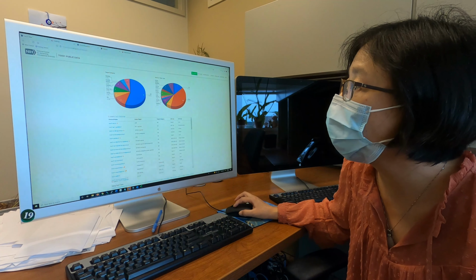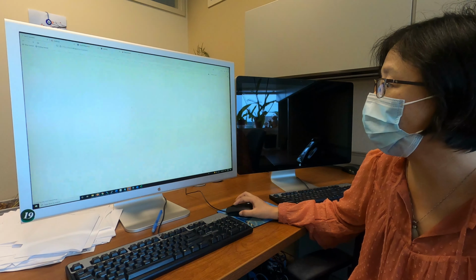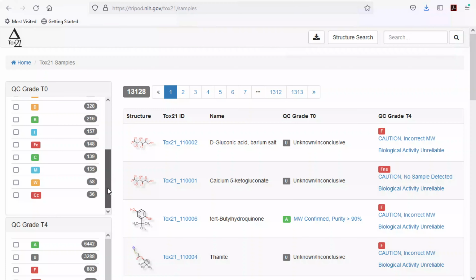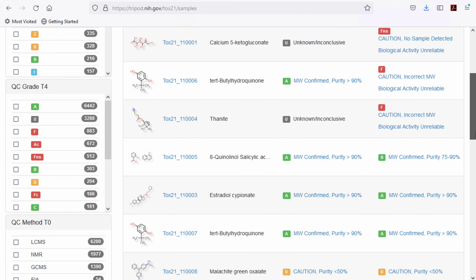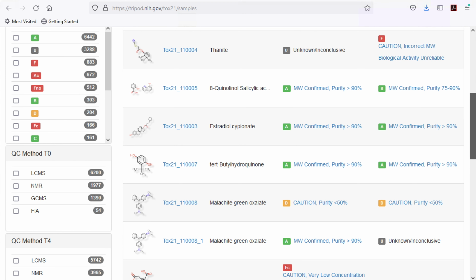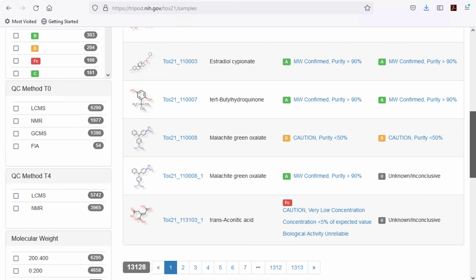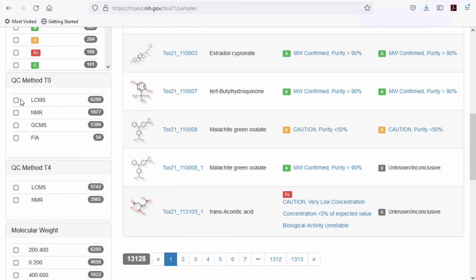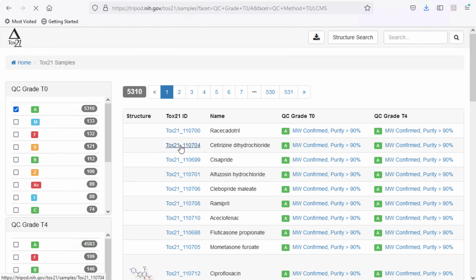We also have, go back here, a Tox21 compound library page. Here we have all the compound structures in the Tox21 10K library. And because all the Tox21 10K compounds have gone through analytical QC to determine identity and purity of the compounds, all the QC results are publicly available from this web page.